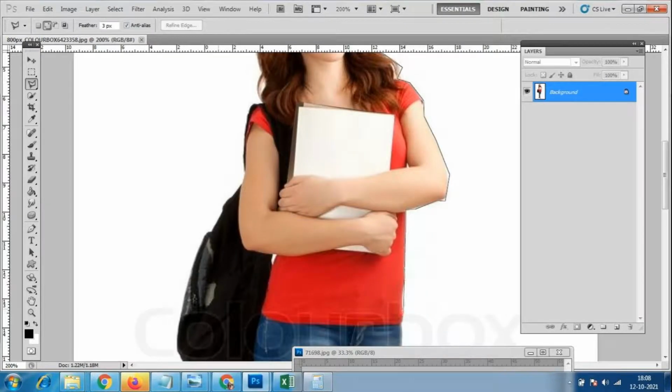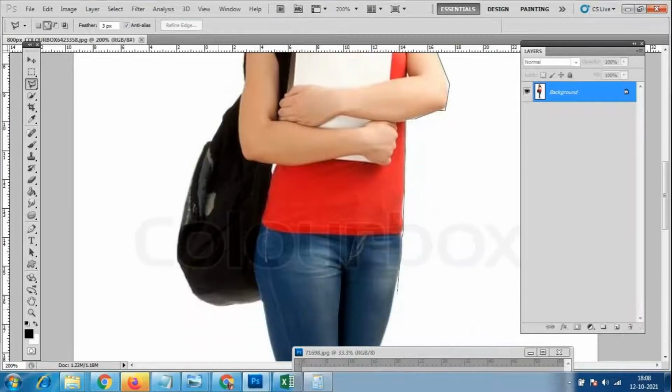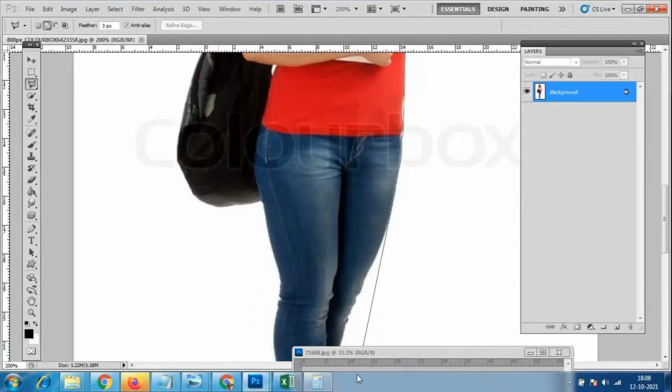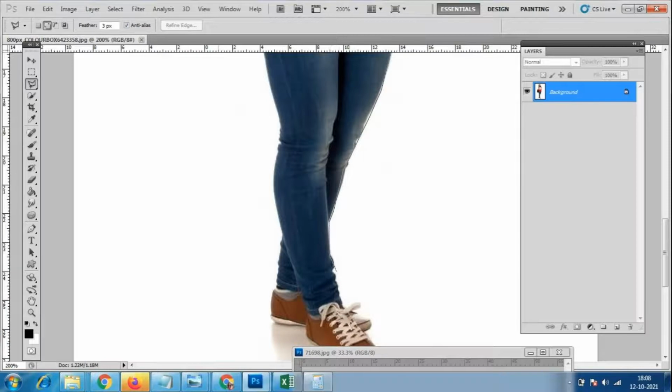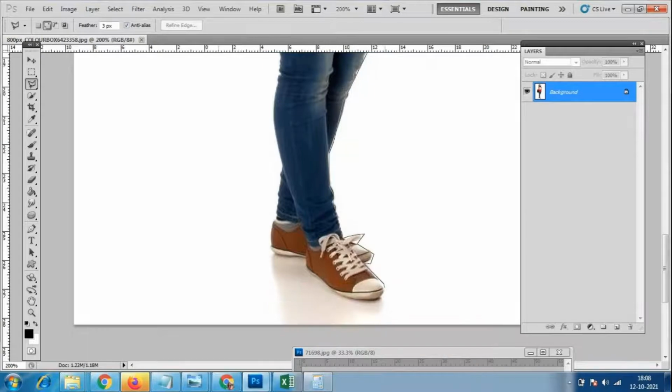Okay, so neatly we have to, so automatically it will come down. That's why I have taken this white background. You have to select like this very neatly. One point inside only you have to take. Just click on wherever the points are there, so automatically it will enlarge, or it will come down.